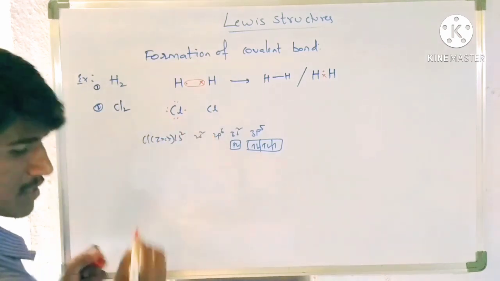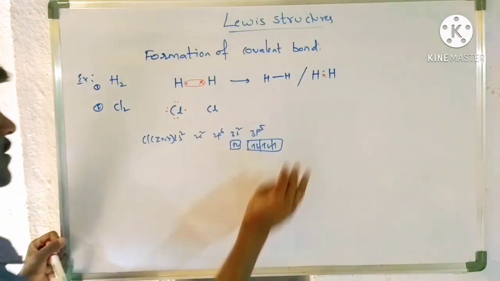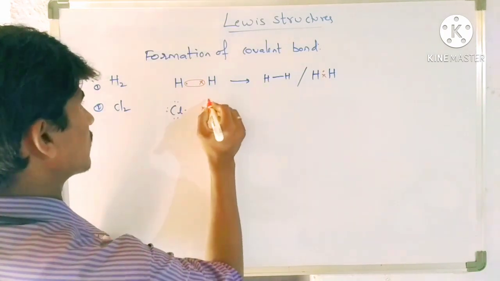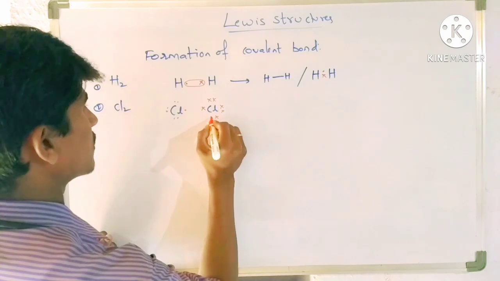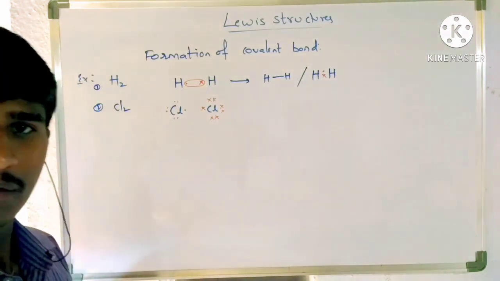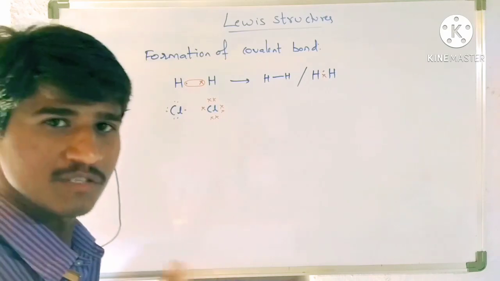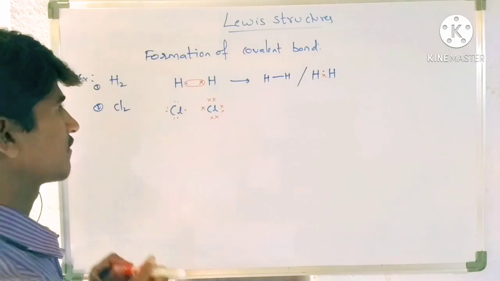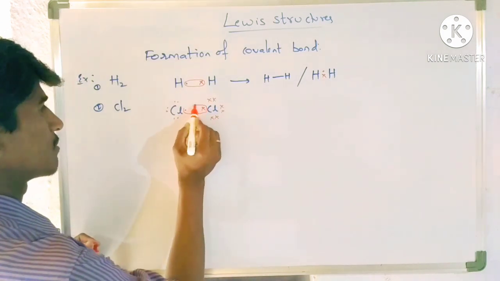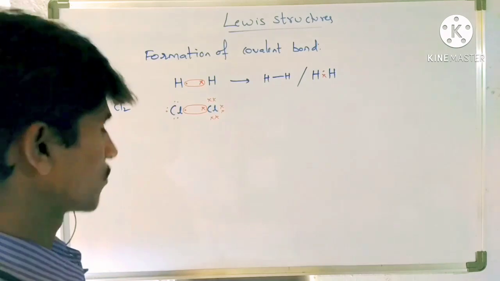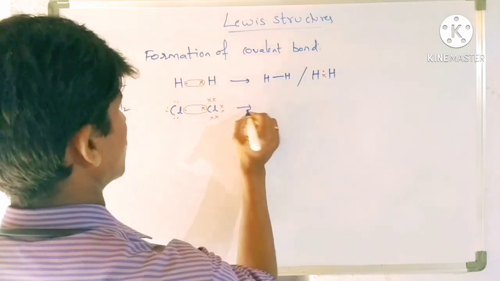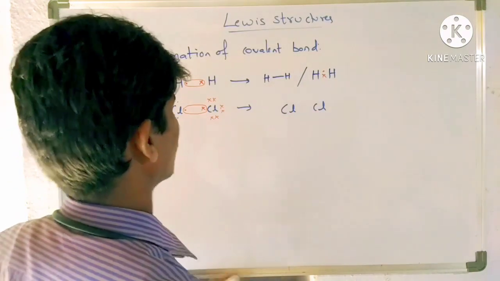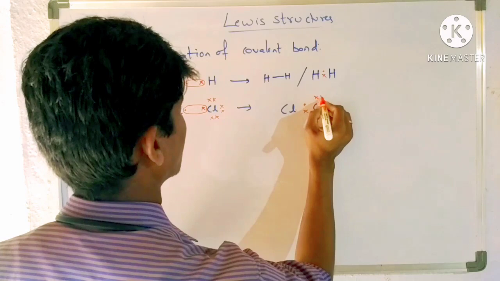This is the representation of chlorine, using that symbol. For the other chlorine it is the same: 1 pair, 2 pairs, 3 pairs, 1 unpaired. Now this chlorine is not stable because it has only 7 valence electrons, so it requires 1 more electron. The other is also not stable. What happens at that time? These two combine with each other, meaning these 2 atoms share electrons. It leads to the formation of the new molecule, Cl with dot cross, 1, 2.